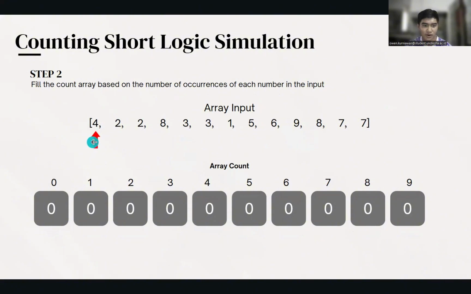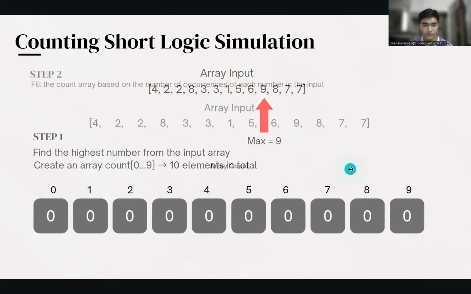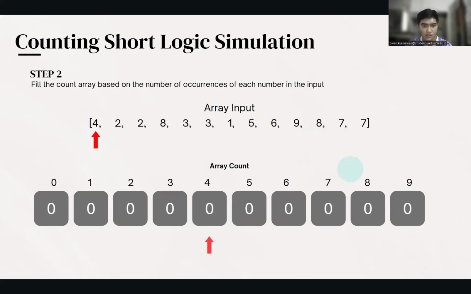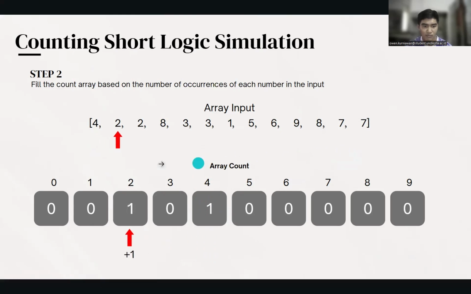The first one is 4. So 4 has already shown one time, so in the count array, the entry for 4 will be plus by 1. Then we move to 2, and in the count array it will also be plus by 1.